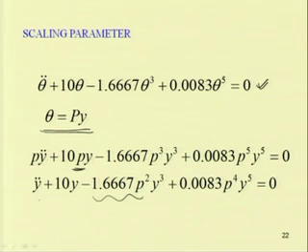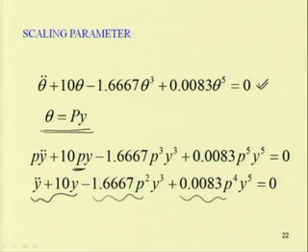So, we can write this equation in this form, that is y double dot, that is d square y by dt square, plus tan y. So, this is the linear part. You just see in the linear part we do not have this p term, but in the nonlinear part we have the p term remaining. So, in this cubic order we have this p square term, that is minus 1.6667 p square, and in this quintic term we have 0.0083 p to the power 4.